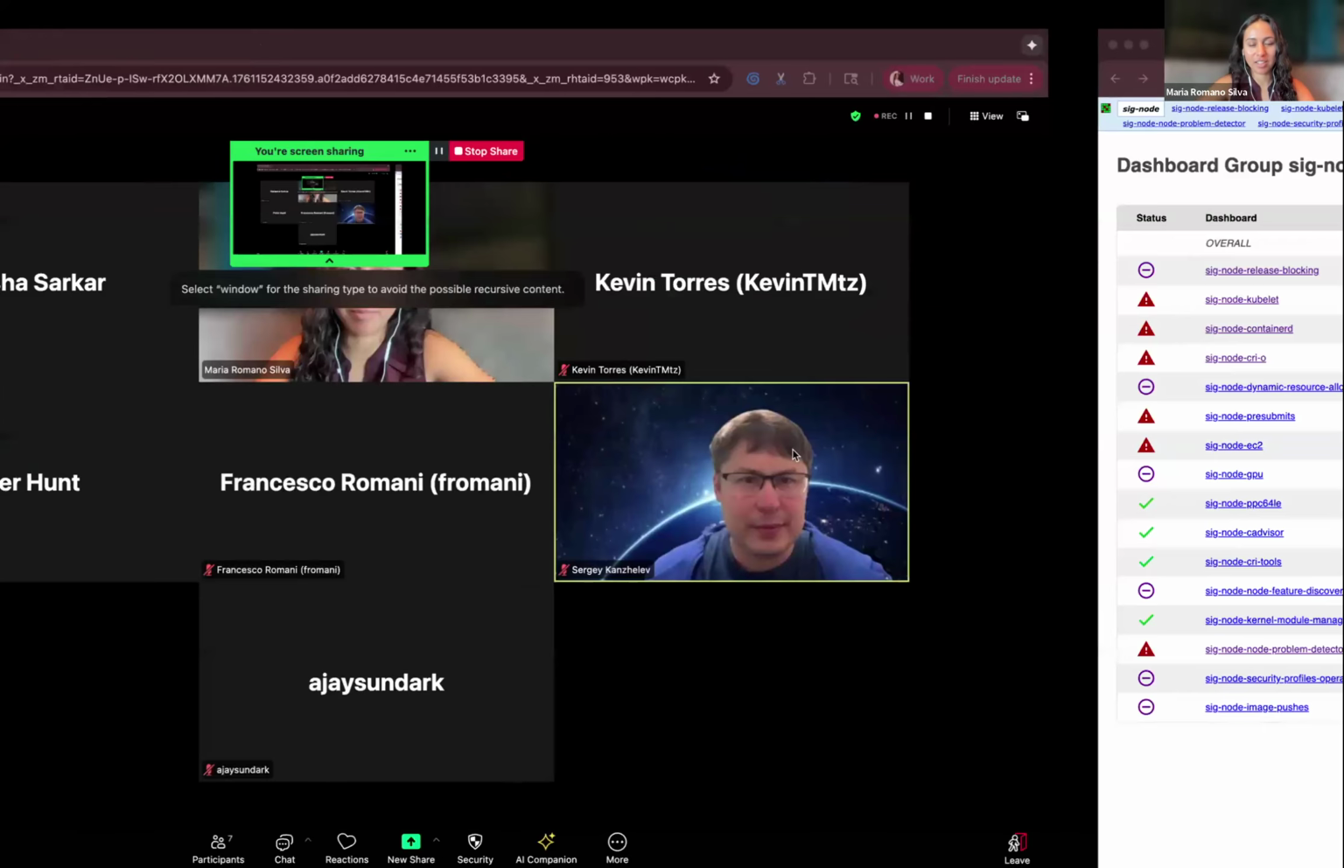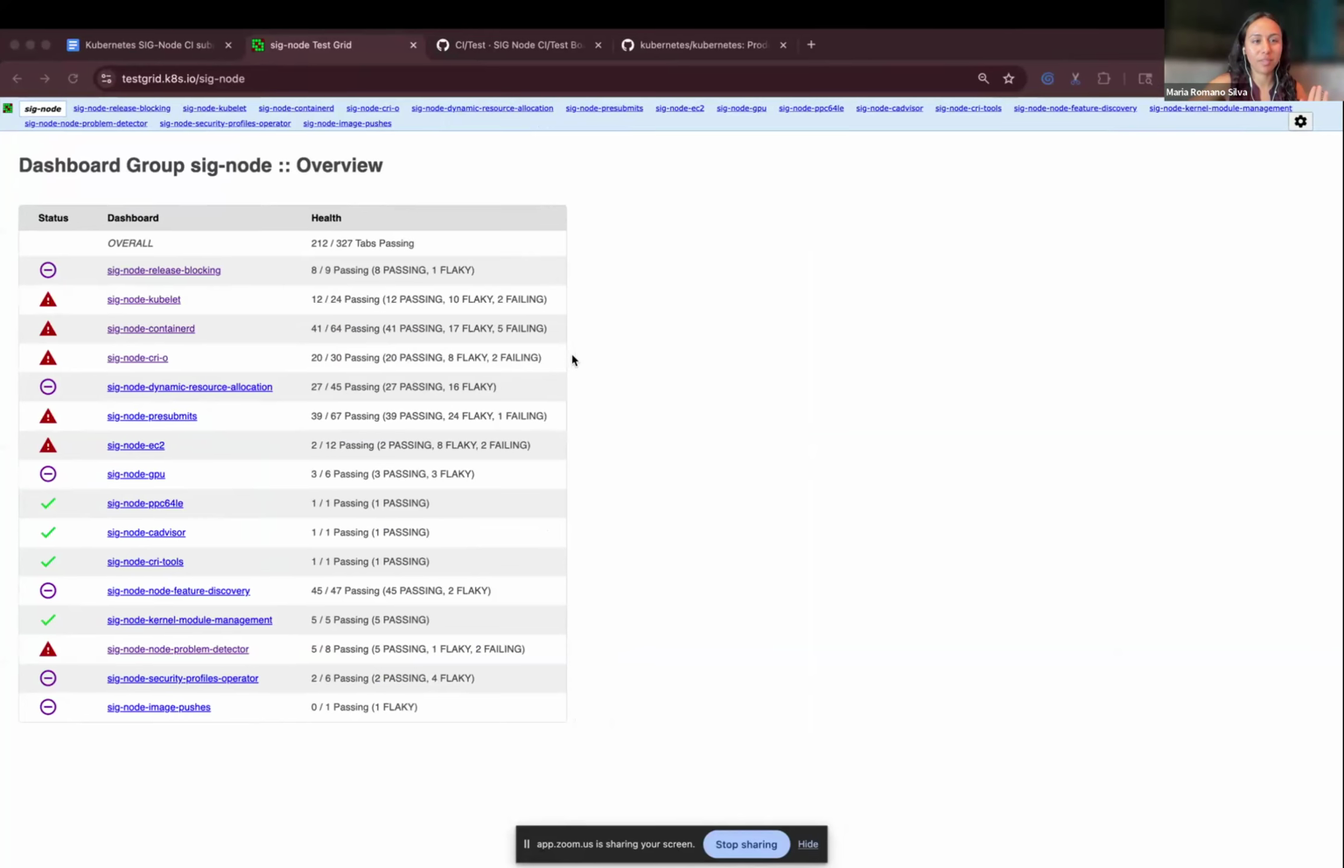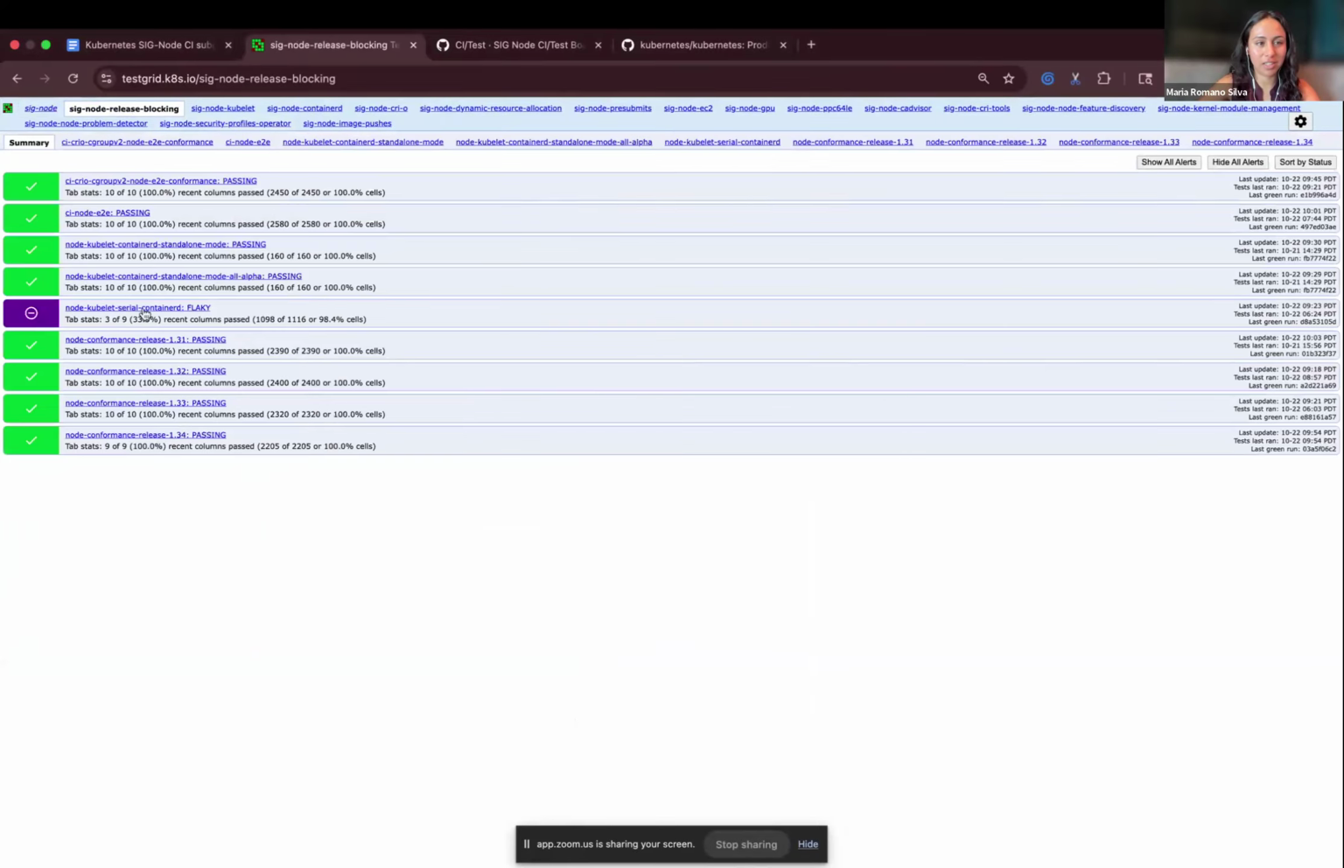Okay, this is my first time doing the test grid, so please bear with me, but we're going to try. From my understanding, we start with this and then we go through each panel and look if either a flaky or failing test is being tracked, correct? Yeah, we're looking for news. Okay, cool. So if we go to the first one,